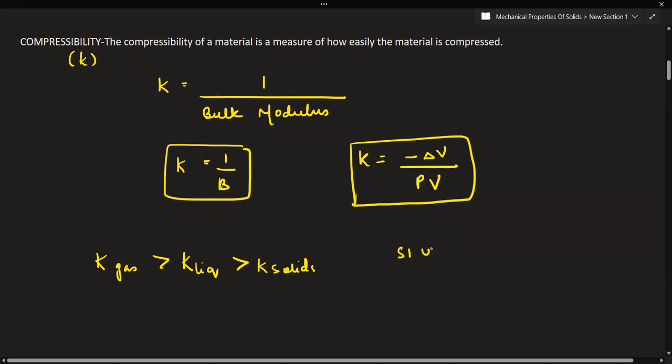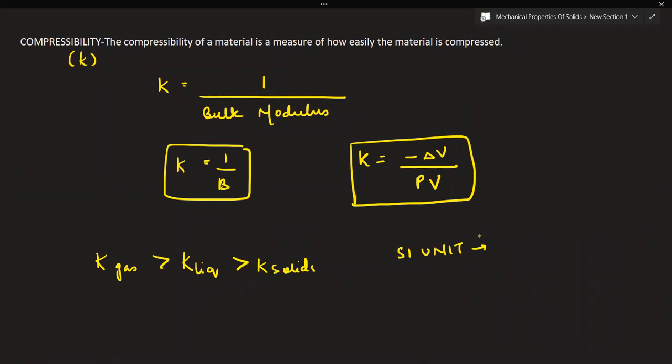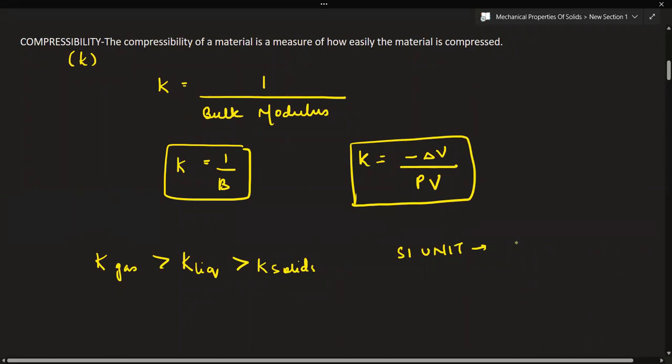Now, can you tell me the SI unit? It's just the reciprocal of bulk modulus. So the SI unit should be 1 by Newton per meter square. Yes, very good. It should be 1 by Pascals, or you can say Pascals inverse, or you were also correct. That is, instead of Newton per meter square, it would be Newton inverse, meter would go up, and meter square. Fine. Just note this down. We'll do a numerical on this.